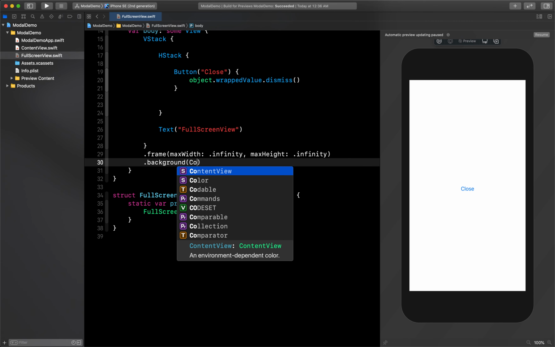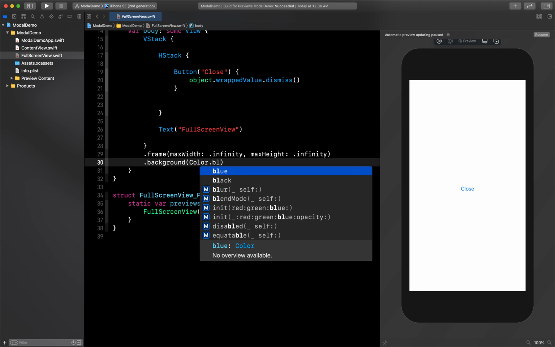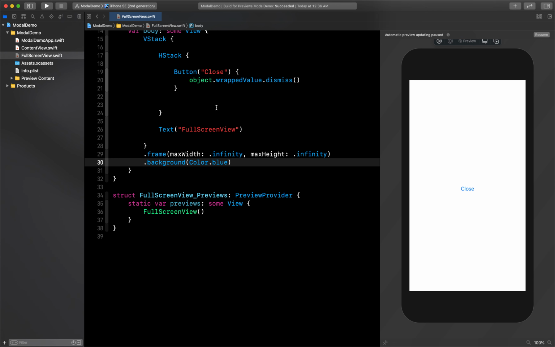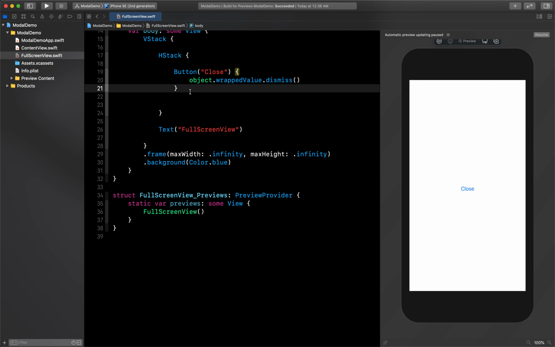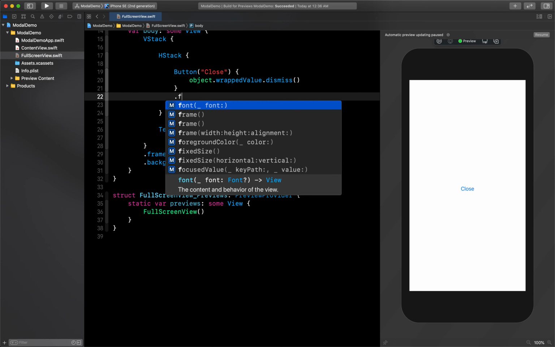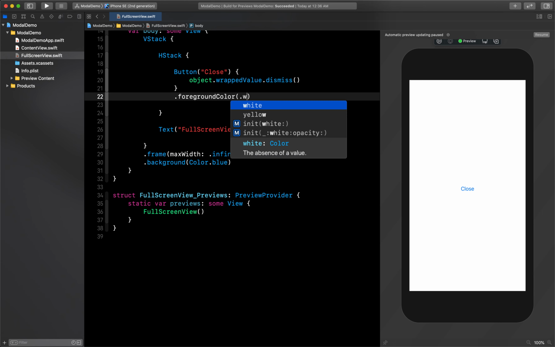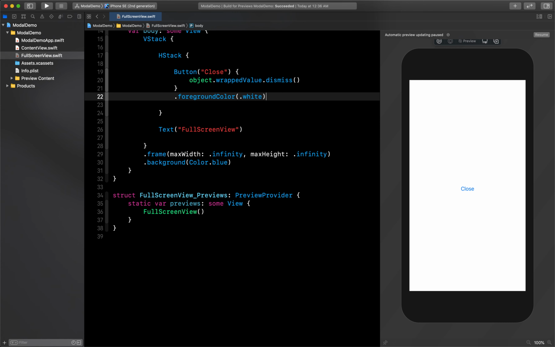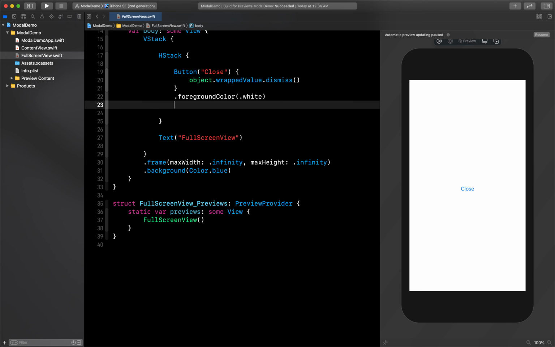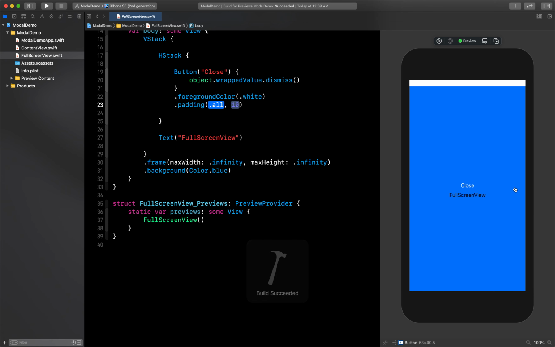Then we also need to give some different background for this view. So I will say Color.blue, and since this is blue we will give the button a different foreground color, maybe white. And let's add some padding also here. Since our Close button is exactly at the center, we want it a little to the side.